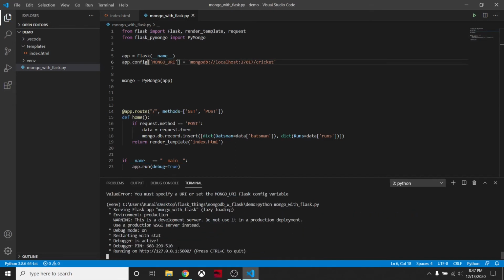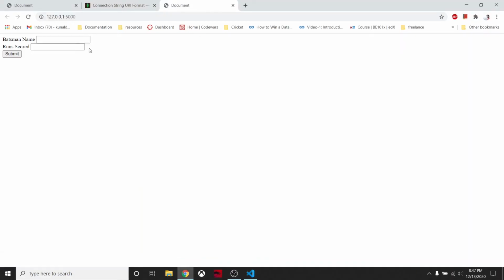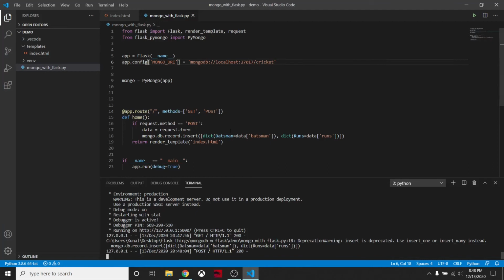I think that was the issue. Let me type Kunal and then runs code 100, then submit. Let's see if everything is done correctly.